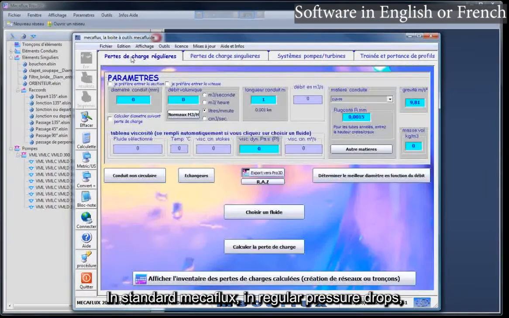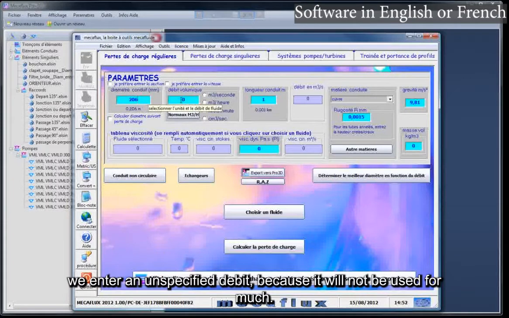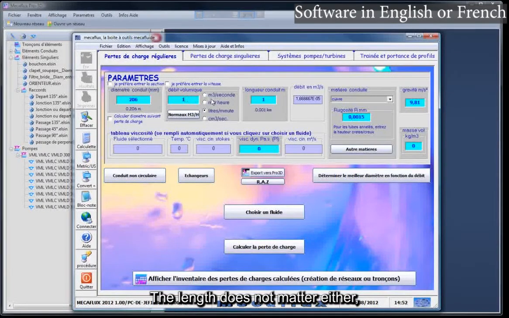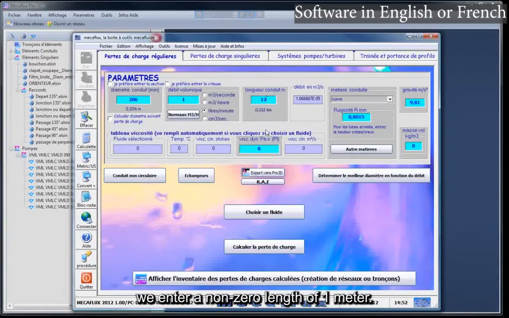In standard MakeaFlux, in regular pressure drops, we choose a duct diameter of 106 mm. We enter an unspecified flow rate, because it will not be used for much. The length does not matter either, because in MakeaFlux Pro 3D, the ducts are resized when inserted into the network. We enter a non-zero length of 1 meter.